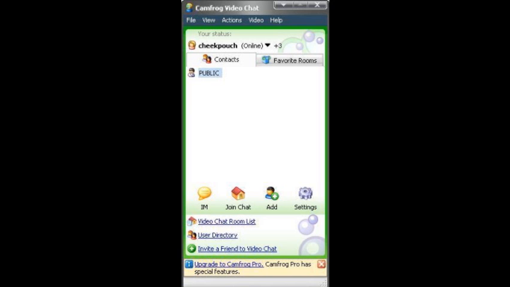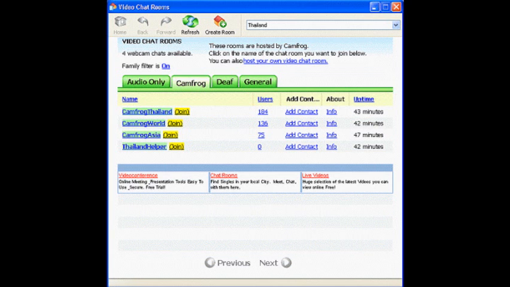Okay, next step. One button is a IM button is a mean instant message in the MSN, and two button is a join chat. You can click join chat button is for the your favorite room, and you click select.